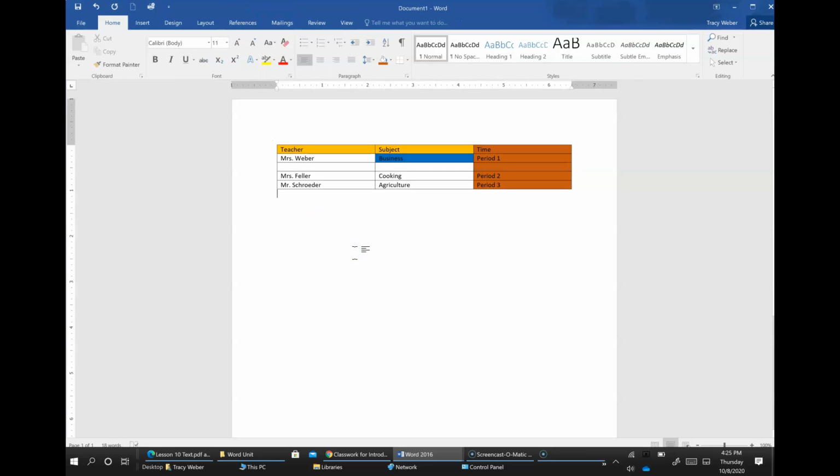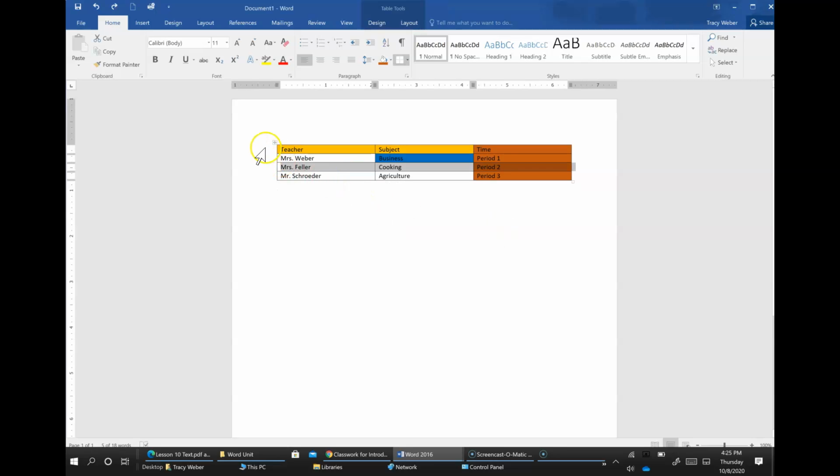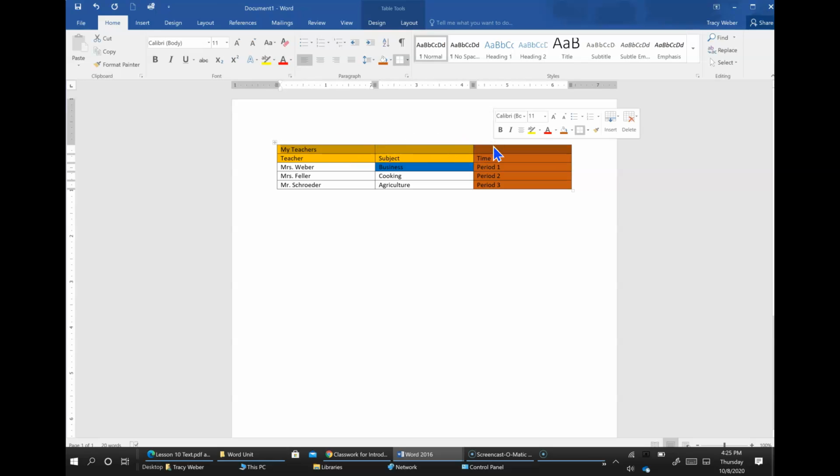And then to merge cells, and actually I'm going to put a row, I'm going to undo that. I'm going to put a row above this first row, and I'm going to put my teachers, and then I want this to be centered above all the columns, so I need to merge these cells. To merge cells, you click and drag to select the cells that you want to merge, and